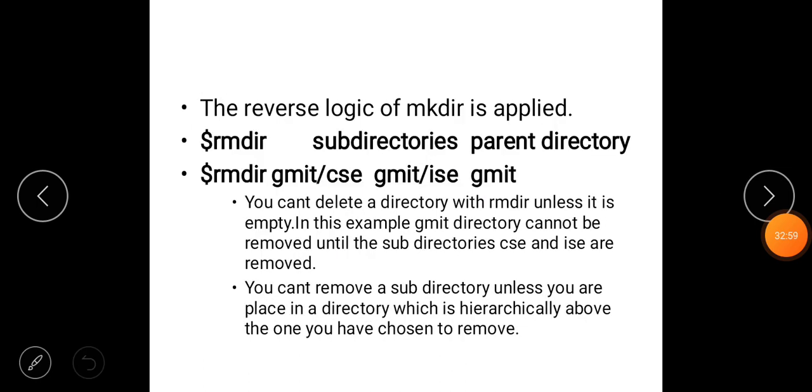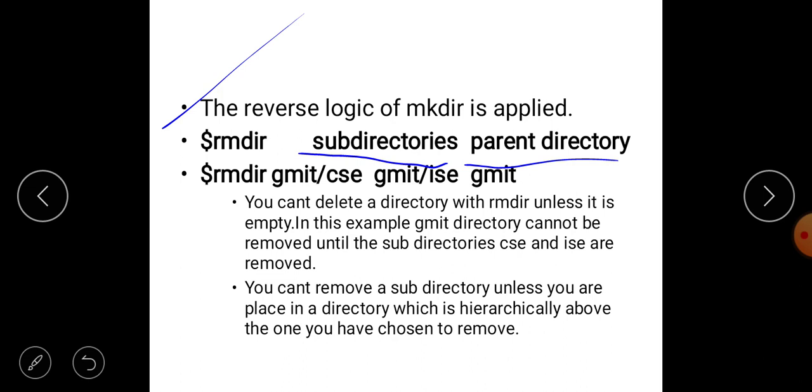Okay, example, the same I explained, no, the same they have given. The reverse logic of mkdir is applied. Okay, remove directory, subdirectories should be mentioned first, next the parent directory should be mentioned.